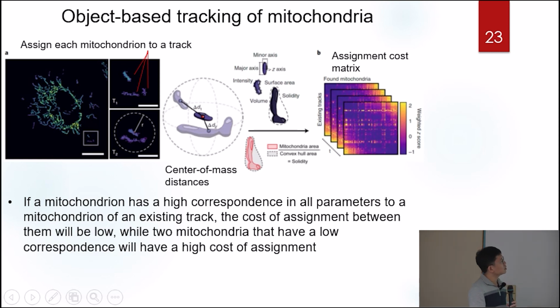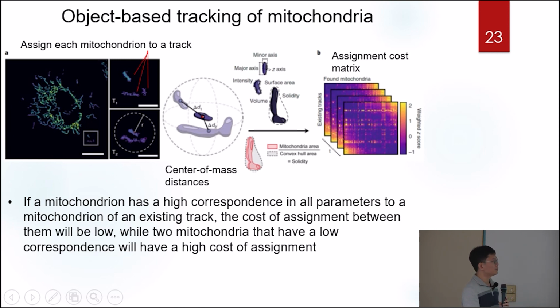So do you know solidity? This is another morphology parameter to show how compact your object is. Basically, it's your object volume divided by the volume surrounding your object. So if your solidity is higher, it means your object is more compact. They collect different information, including distance, length, volume,